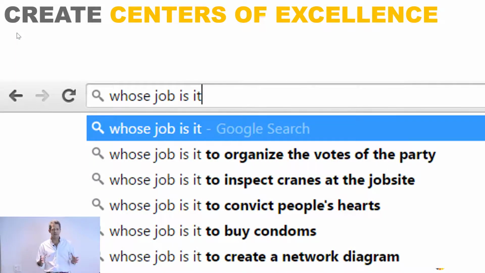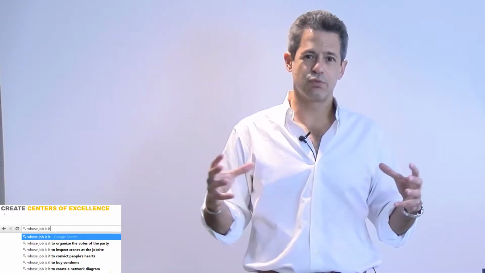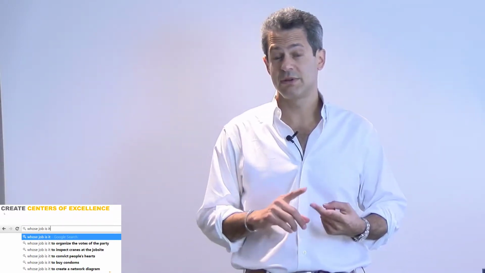The next thing is to create what we think of as centers of excellence, right? Most people with their existing job descriptions, they have work that they're supposed to be doing, but are they thinking about kind of the larger picture? Are they thinking about how their work fits in across the organization, maybe between different silos or between different departments? So what we can do is create and structure a center of excellence that brings people together around a given concept. Maybe it's customer service, maybe it's analytics,